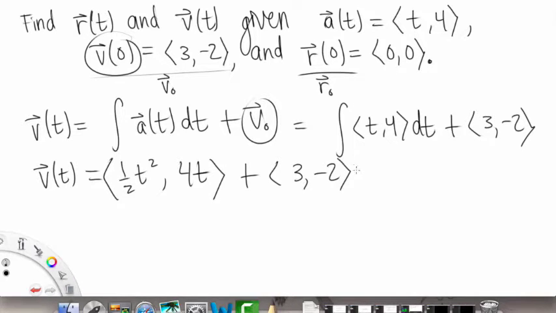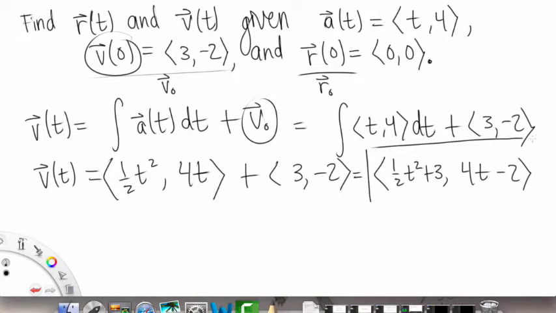Okay, so if we combine these together, we get for an overall equation for v of t, <1/2 t squared plus 3, 4t minus 2>. Alright, so that's it for the velocity vector there. Alright, that was pretty simple, and we're going to do the same exact thing just one more time to find